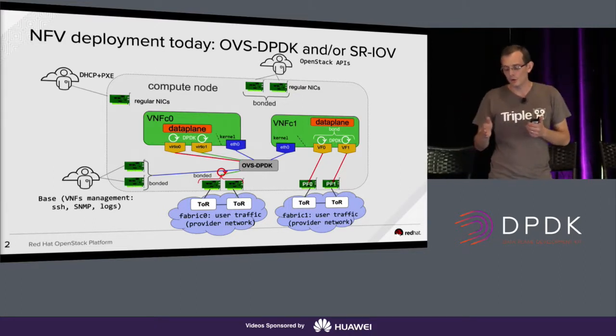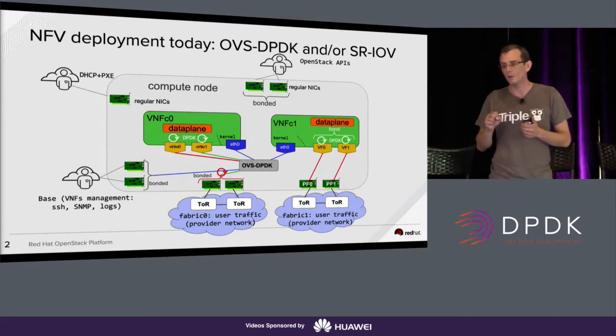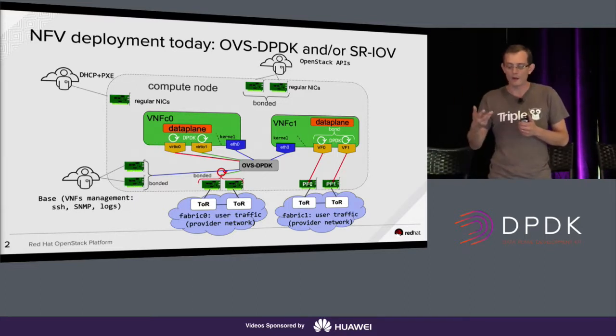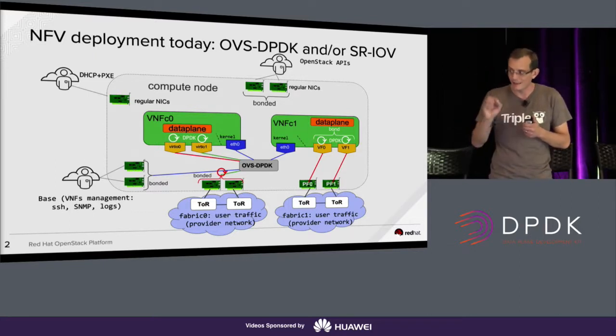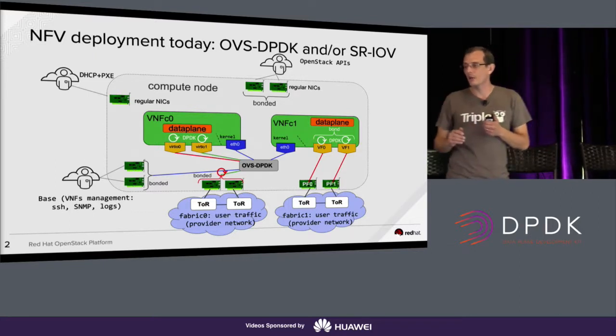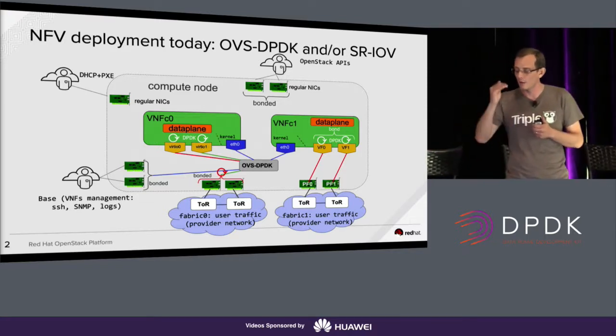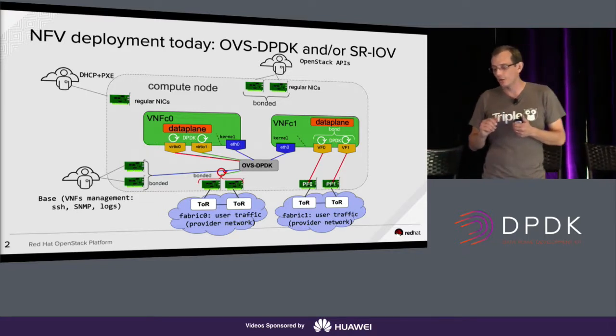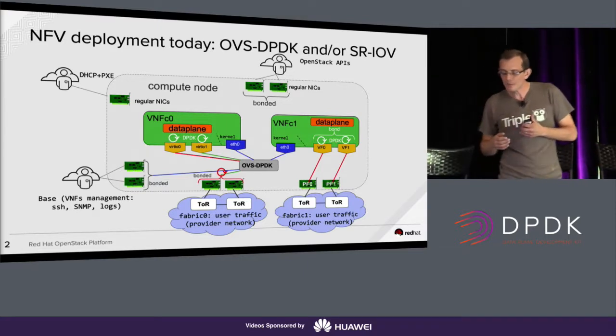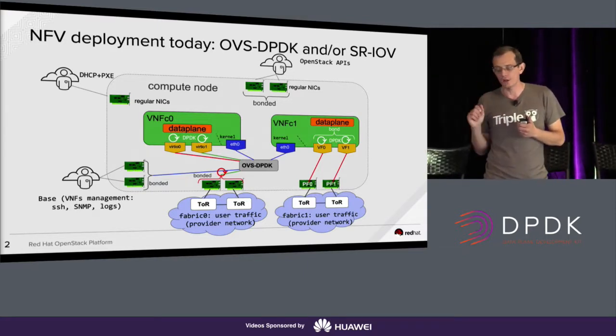On the right, you have a VM running on SRIOV, and in this VM, most of the time, you will have DPDK running, a data plane application, a GTP, whatever stack, running on top of the DPDK VF PMD driver, and these interfaces are bonded because each interface is connected to a different top-of-rack switch. So if one top-of-rack switch dies, your traffic is still going through. So you have bonding in the VM on top of DPDK on SRIOV. You have a kernel interface which is connected to OVS DPDK, and this kernel interface is used to SSH in the VM.